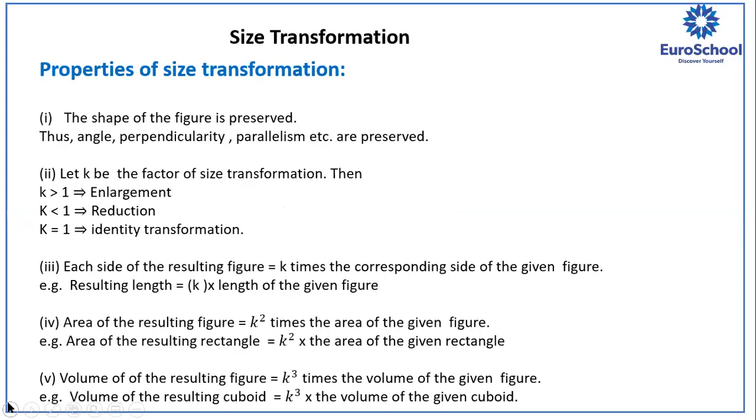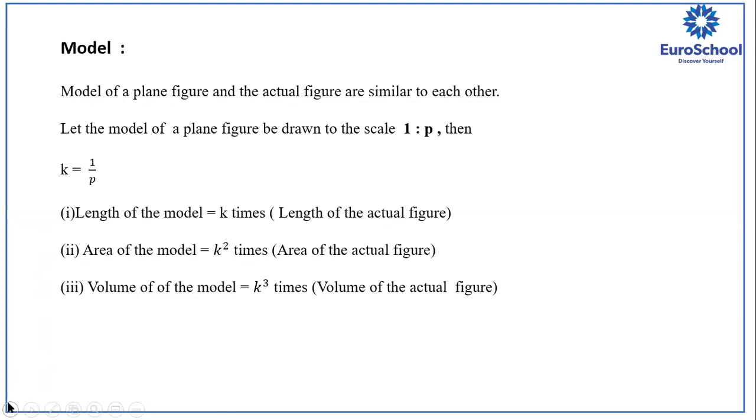These are general properties and these are specifically for a model. If you go further, I'll explain it for the map, and you'll find it's the same. Everything is the same everywhere. Now, the only thing is that in actuality we have a very big building. Suppose you are standing in front of the Burj Khalifa. Just assume. Now, you have a model of it in front of you. Can you find any difference in it?